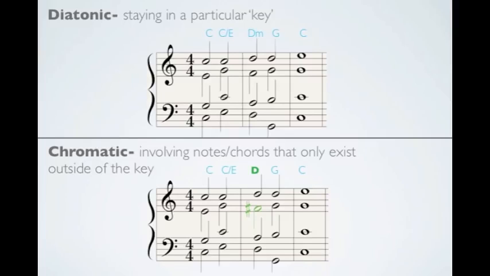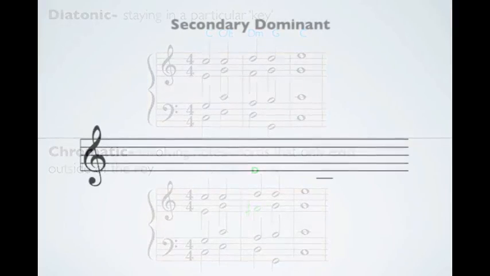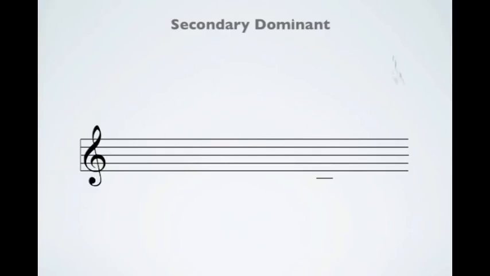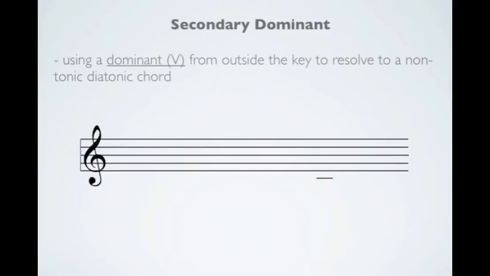And this particular chromatic chord would be called a secondary dominant. A secondary dominant is the use of a dominant chord, a 5, from outside the key to resolve to a non-tonic diatonic chord. In the previous example, we used a 1 to a 2 to a 5 back to 1,